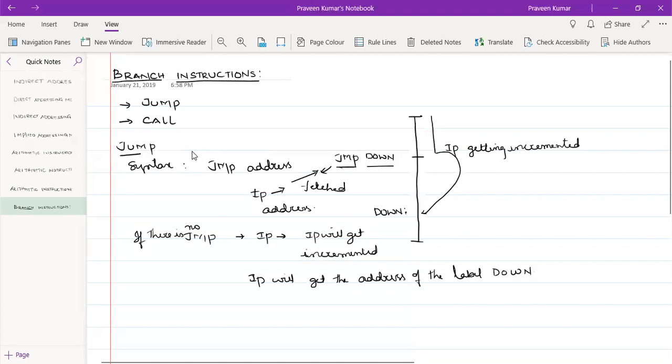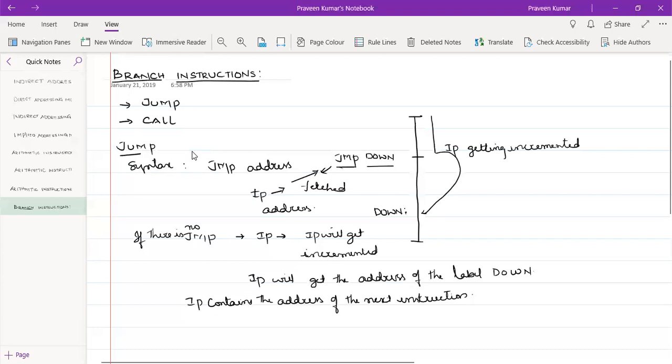The question is, who contains the address of the next instruction? The IP contains the address of the next instruction, because IP gets incremented the moment we fetch the instruction.